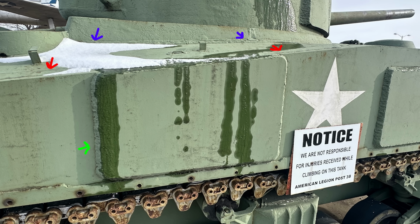Now, in the future, I'm actually going to do a video where I make replicas of a lot of these tank welds and demonstrate how they were done. And the problem with doing it now is it's the middle of winter, and I don't feel like welding with high chromium, nickel, manganese rods inside of a small tin shed. I mean, that's almost guaranteed lung cancer. It's no joke. Those things are dangerous to be screwing around with, to be pumping your lungs full of the dust and the fume. But anyways, I will do a demonstration on how this works,